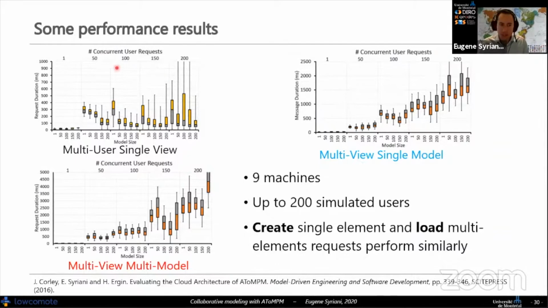But what happens is that the more users you add, the more variance there is. Okay, so that's basically what we have.